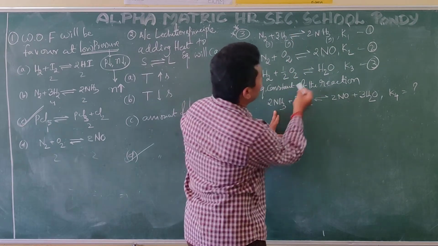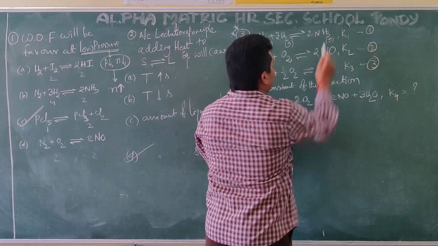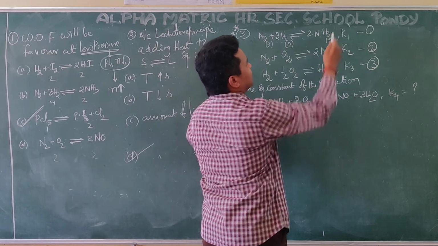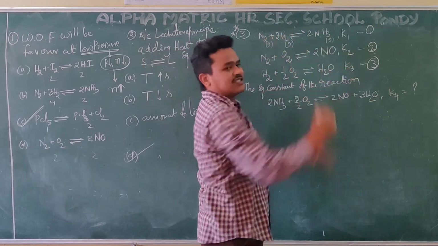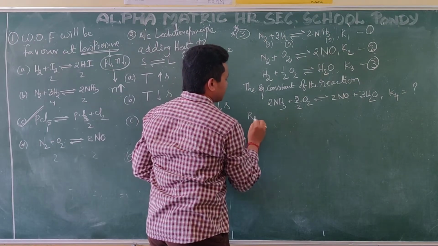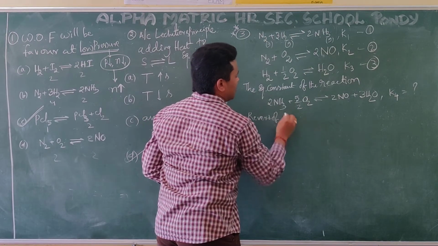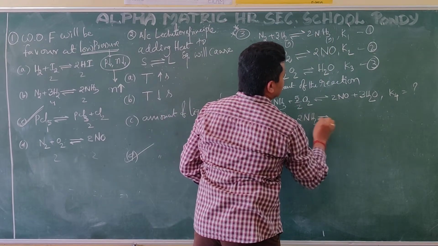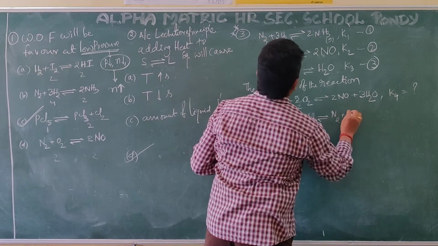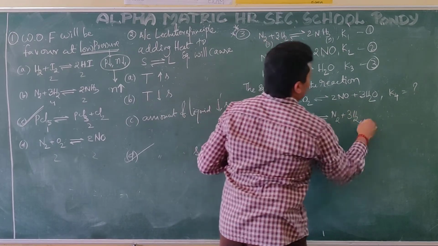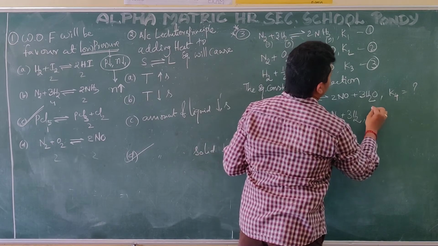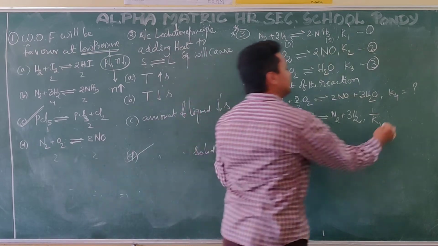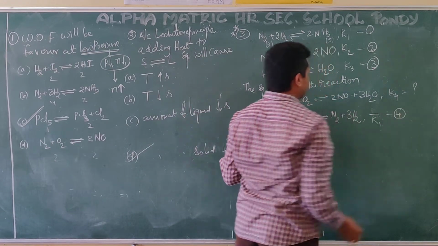Ammonia, you see, where is ammonia? In these 3 equations, here is ammonia. In the target equation, ammonia is on the left side, but in the given equation it is on the right side. What I will do is make it reverse. Reverse of 1, what is coming? Reverse of 1 means 2NH3 is in equilibrium with N2 plus 3H2. Whenever you reverse that one, the equilibrium constant will be the inverse, 1 by K1. It is considered the 4th equation.